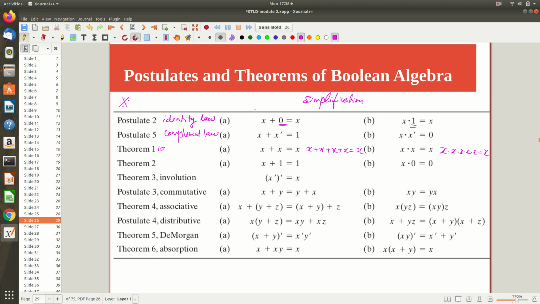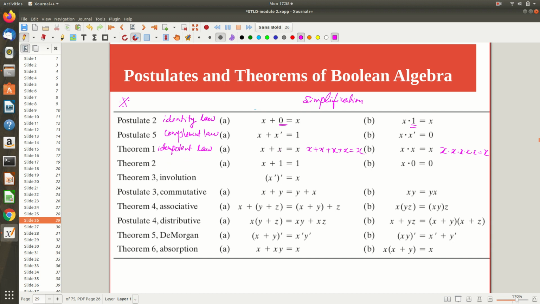So let me call it the idempotent law. We can remember it like this. The first one is the identity law, then we have the complement law, now we have the idempotent law. Clear. Sometimes in other situations also you can see whether an operator, like the or operator, has idempotency. Now another theorem.